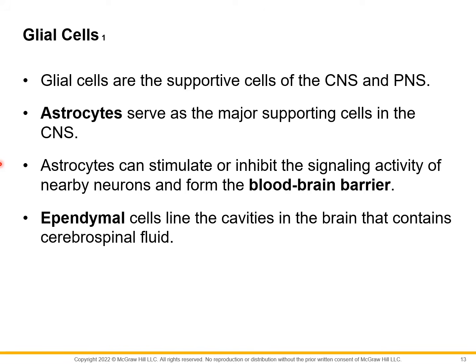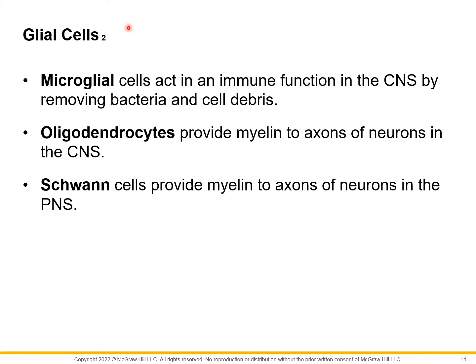The next supportive cells are ependymal cells. So they line the cavities or the hollow spaces of the brain that contains cerebrospinal fluid. So sila rin, yung mga ependymal cells din po, sila rin yung nagpo-produce ng cerebrospinal fluid. Next are microglial cells. So microglial cells work as if they're part of the immune system. Microglial cells could get rid of bacteria and cell debris in case may mga na-damage na cells sa central nervous